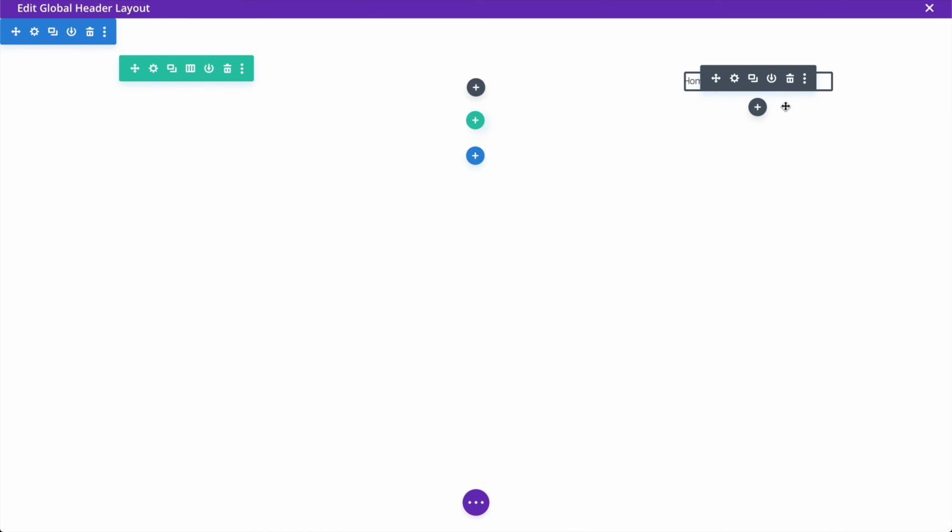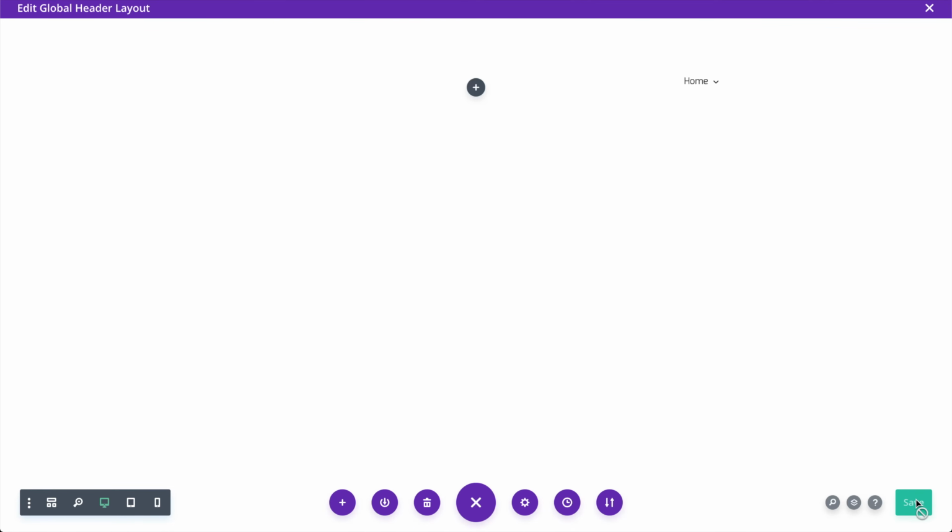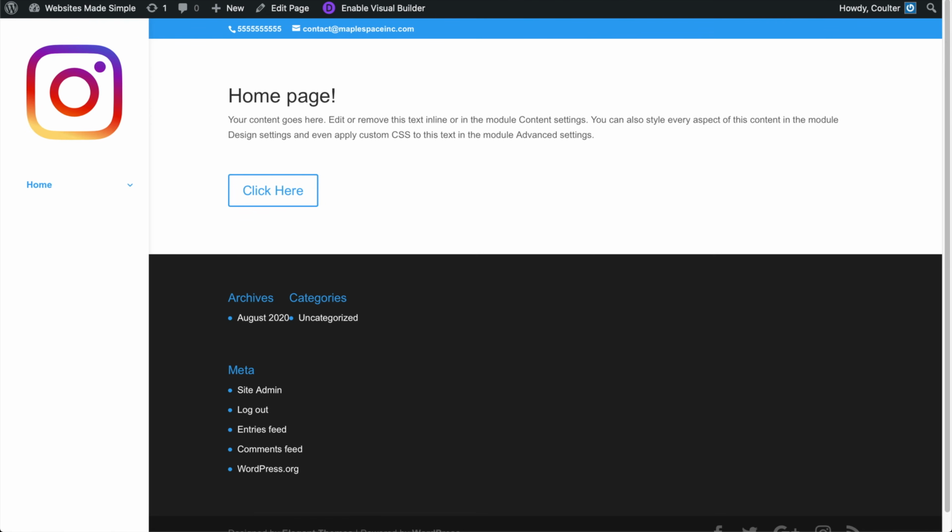And you can change alignment and things with the settings, or with CSS inside the module, but for now I'm just going to hit save. And because this is a quote-unquote global header, it should already have replaced the default header over here. So if we refresh, this should go away, and the new global header will appear up top. So if I just shift and refresh,